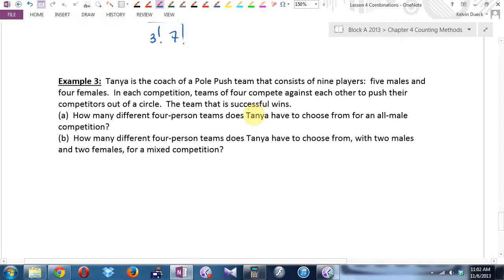Tanya is the coach of a pole push team that consists of 9 players: 5 males, 4 females. In each competition, teams of 4 compete against each other to push their competitors out of a circle. The team that is successful wins. How many different 4-person teams does Tanya have to choose from for an all-male competition? I think here we have 2 different subgroups. Can you see it? Males and...